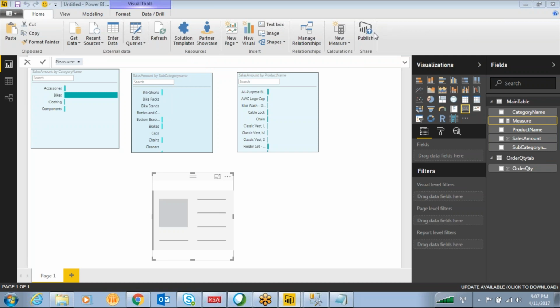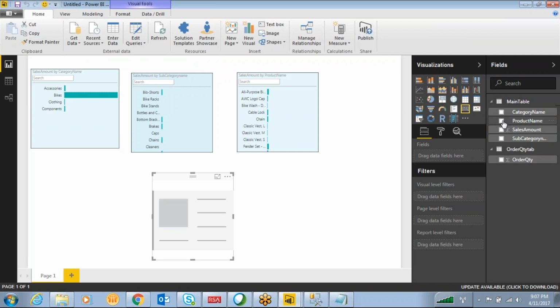So what you have to do is create two different measures. I want to create this measure in the order quantity table. Just click on the order quantity table and go to new measure. What name do you want to give? I want to give total sales amount.